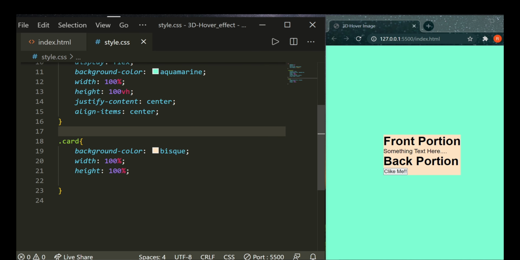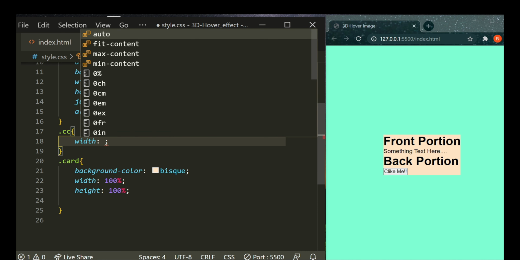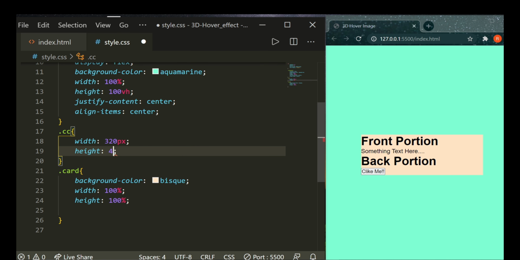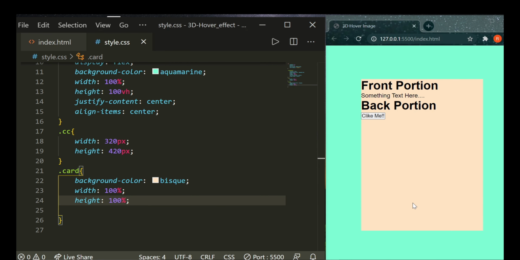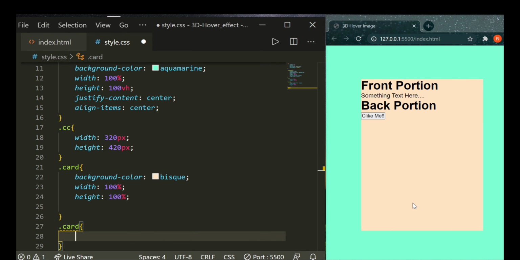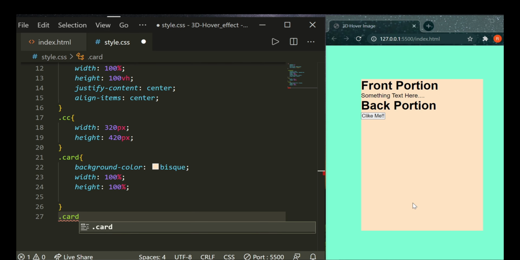Yeah, we would be needing this CC and a width of 320 pixels and a height of 420 pixels. Yeah, here we go. Our card is ready. Now let's give animation to it. So right now, if I will be giving animation to our card, before animation, let us complete all our other